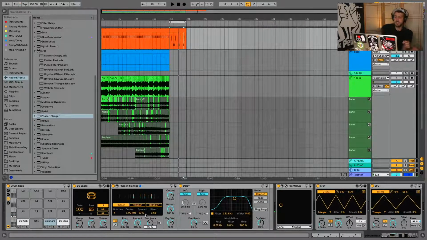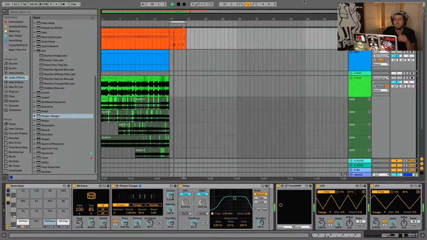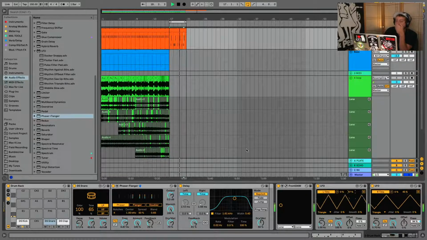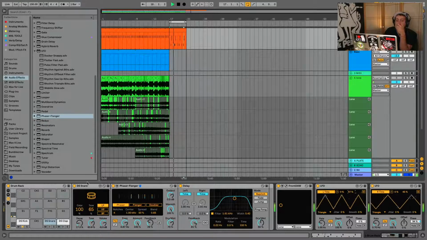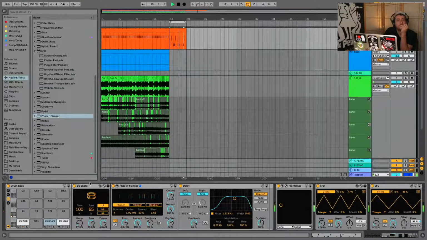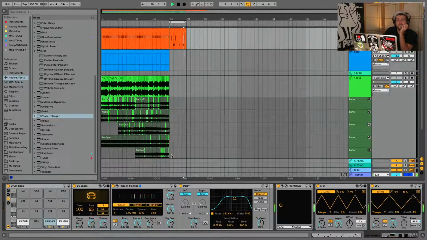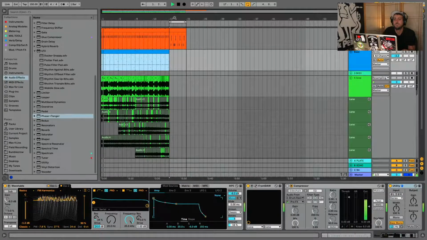So I got some crazy modulation going on and some delay times on a snare. I have this modulation happening on an LFO, so I don't have to think too hard about it. So anyways,